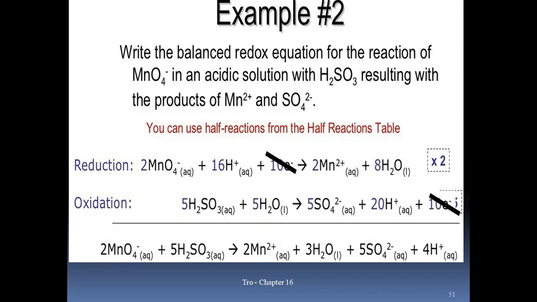By the half equation method, you have to balance first the oxygen and H positive ion. For example, if MnO4 reacts with H positives, MnO4 converts into Mn2+. So what will be the reaction? How can you balance it? MnO4 plus H2SO4 gives Mn2+ and SO4 2 negative. That will be your equation, as you can see above. Your MnO4 negative, when reacting with H2SO4, forms SO4 2 negative and Mn2+.